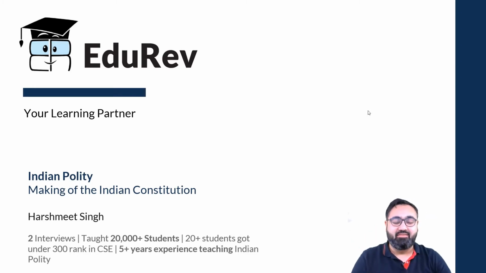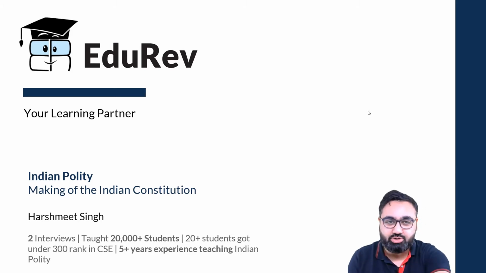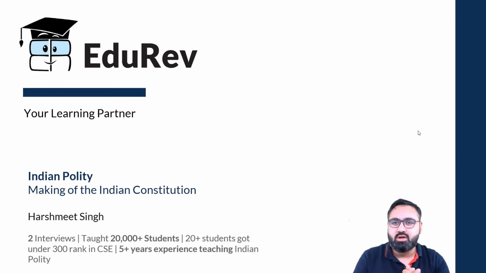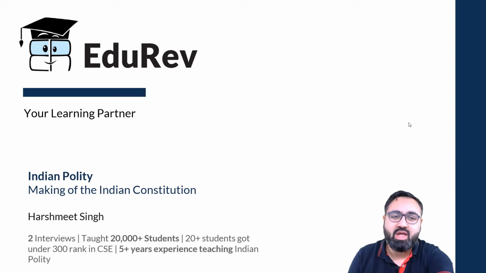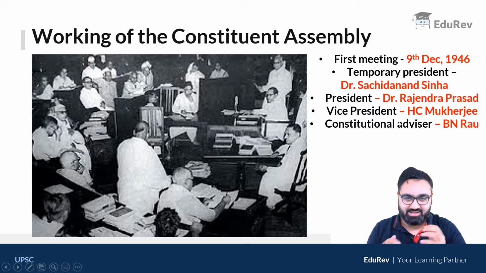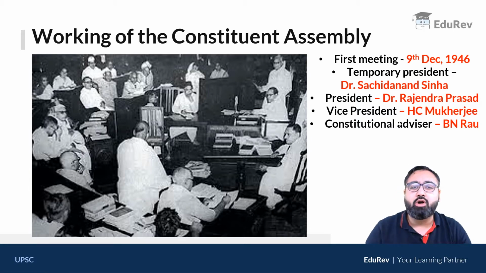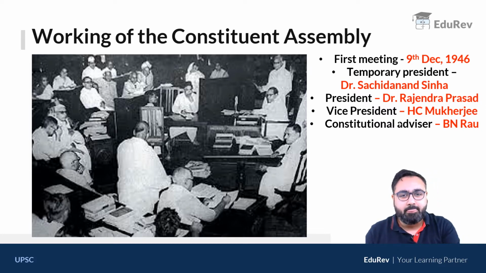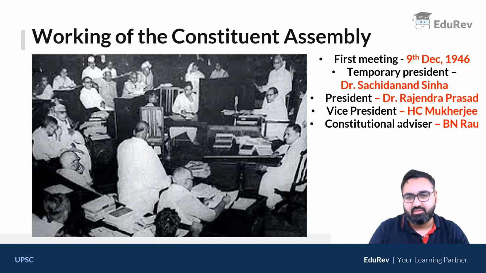My name is Harshmeet Singh and I welcome you all to this next lecture in the chapter Making of the Indian Constitution. This is the fourth part of this video lecture. I hope you have seen the earlier three parts in which we had discussed the Constituent Assembly of India, how the election happened, how or why the Muslim League and the princely states boycotted the assembly, what difference partition made to the assembly, and some other details about the Constituent Assembly. In this class, we will go into details of the working of the assembly: what work the Constituent Assembly did, how they were working, the processes that were followed, etc.